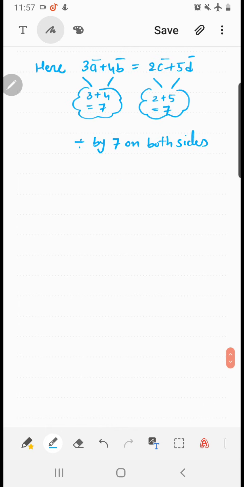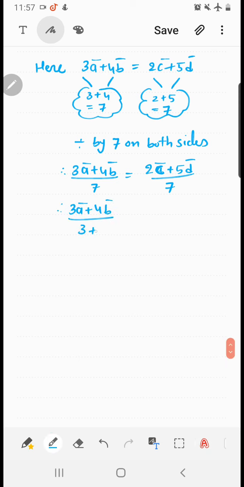When I divide by 7 on both sides, what I get is 3A bar plus 4B bar upon 7 is equal to 2C bar plus 5D bar upon 7. Now this 7, on the left side I'm going to write as 3 plus 4, so that I can get a section formula. And on the other side also, I'll write 7 as 2 plus 5. And one additional point here: once you get the section formula, we should write here point M bar. This we assume,